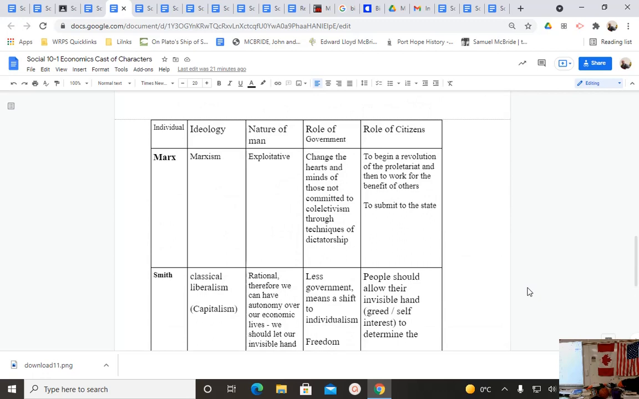So Marx is a rejection of Smith. He says, no, capitalism is cruel. Because mankind by nature is exploitive. What capitalism has done, the freedom in the market has allowed the strong to do what they want and the weak to suffer what they must. It allows for exploitation. It allows for the